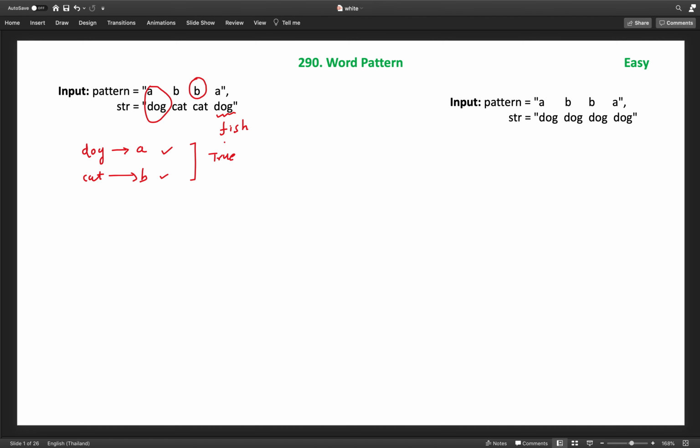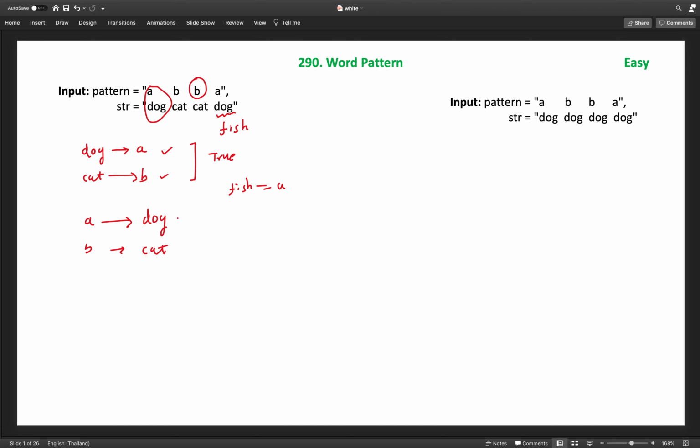To fix this we can use two maps: one from word to character, another from character to word. We keep that character A is already assigned to the word dog, and similarly B is assigned to the word cat. Now when we encounter fish and A, first we check whether fish is in the map. No, so we try to map fish with A. But we also need to check whether A is in the map.